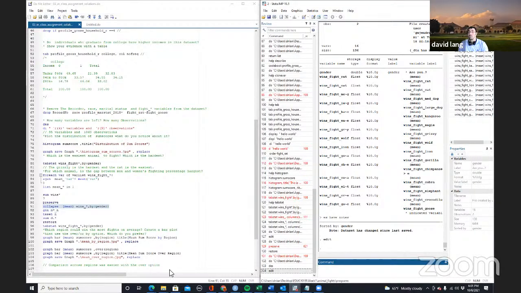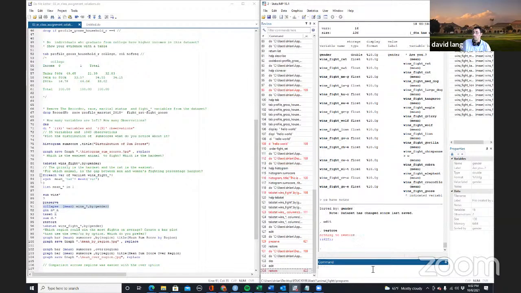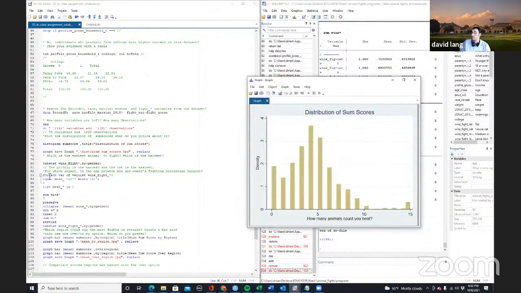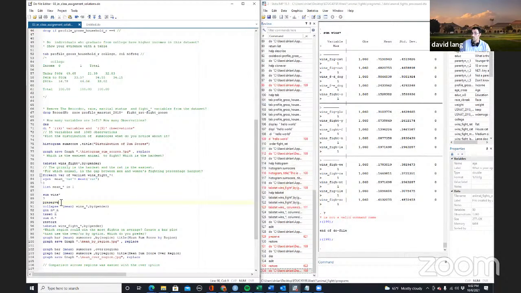So that's really nice and efficient, but it's also hard to understand how we can go back. So what we want to do, we preserve, we collapse,